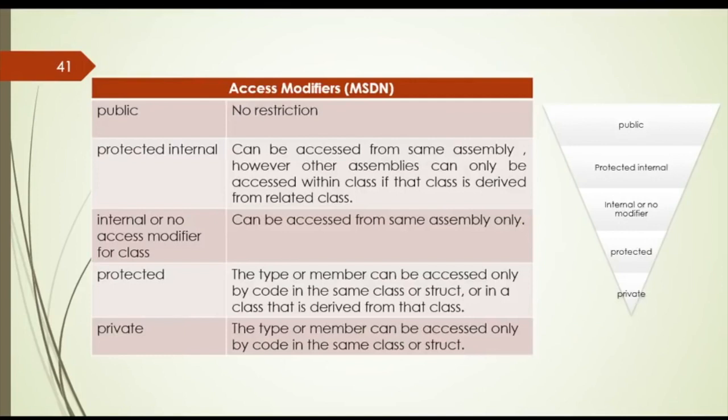We really haven't talked about access modifiers in detail, and this is the time that we're going to talk about them in detail. I concluded those details from MSDN and rewrote them in my own words, and some of those are hard to understand from the written description. As you can see, I have also made a pyramid, where you can see that public has no restriction and private has all the restrictions.